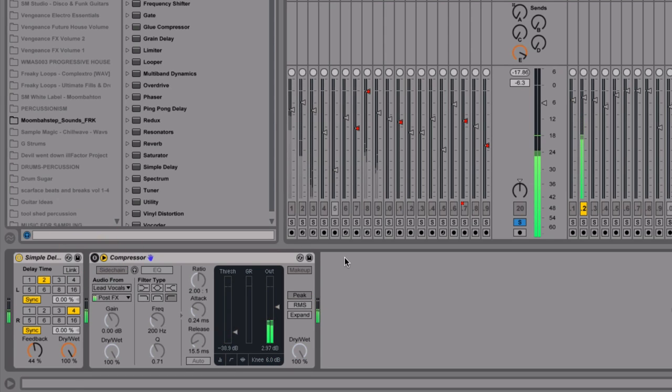You can see how the delay is kind of fighting the vocal at the same time. So with the compression on,